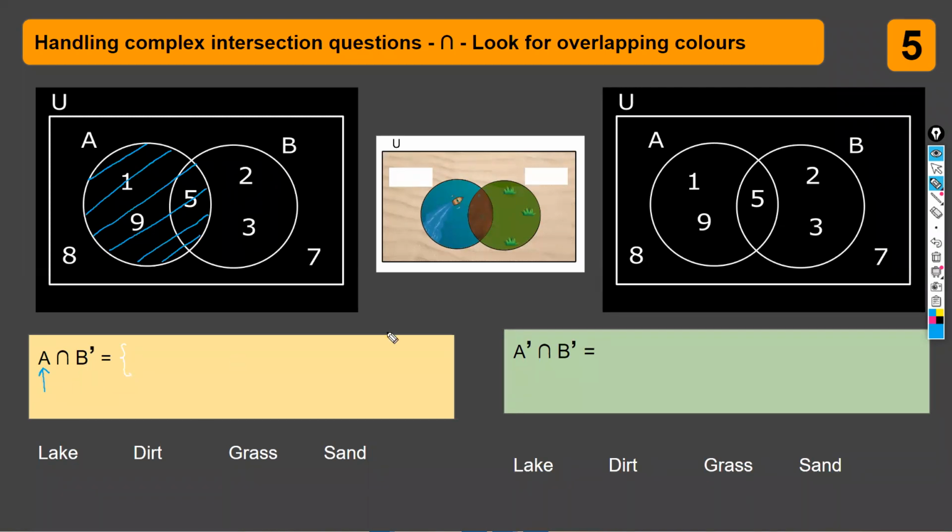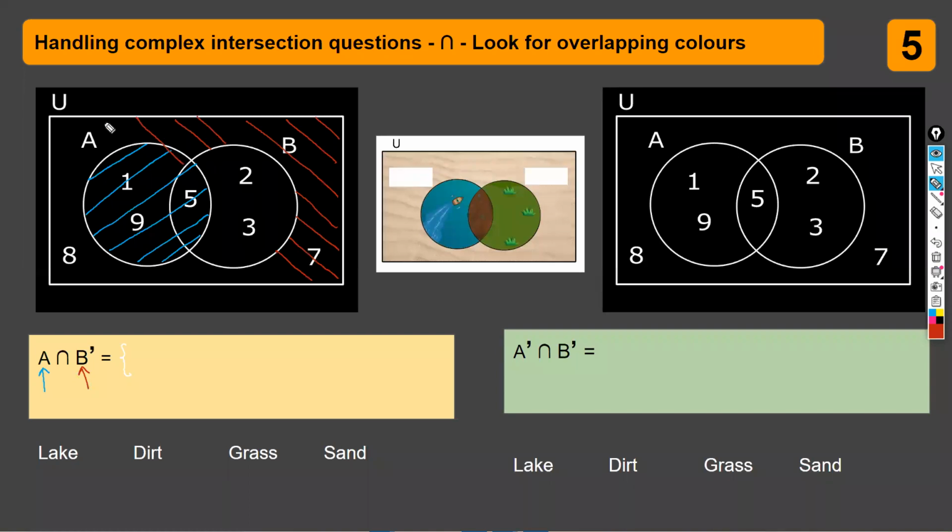Now we have to shade who is not B. Not B. So if this is the B circle, we have to shade everything outside that circle who is not B. So I begin to take my time now. I shade, just go around that B circle. It can never ever enter the B circle,